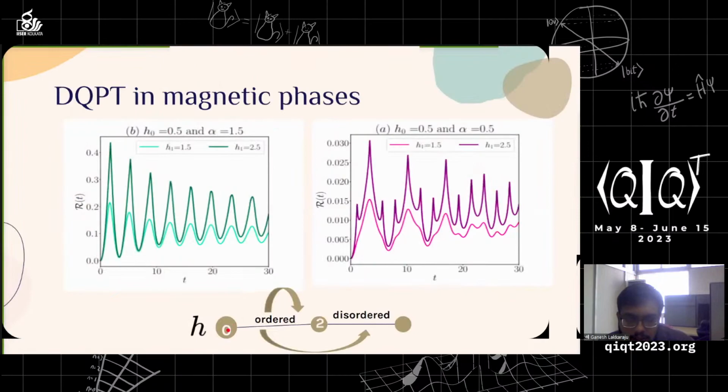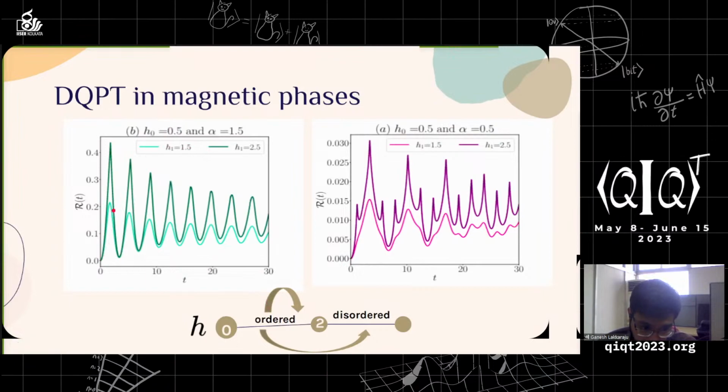Whenever you are quenching, this is the phase diagram. From 0 to 2, the system is in a ferromagnetically ordered phase. At 2 and above, it is in the disordered phase, or more or less a paramagnetic phase. I don't want to call it ferromagnetic and paramagnetic because we have not formally calculated the order parameters, but just ordered and disordered. Now, if I quench from the ordered phase, from 0.5 to 1.5,